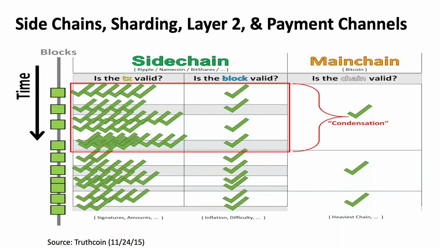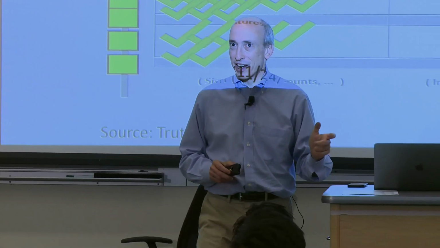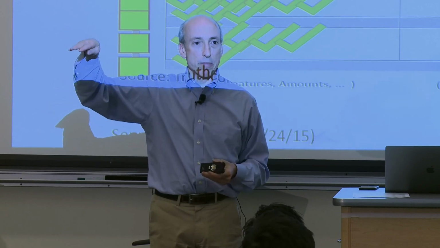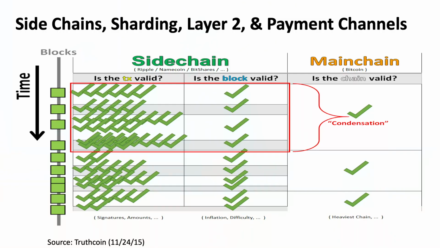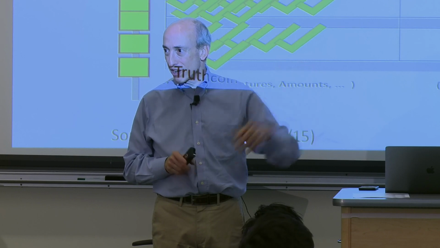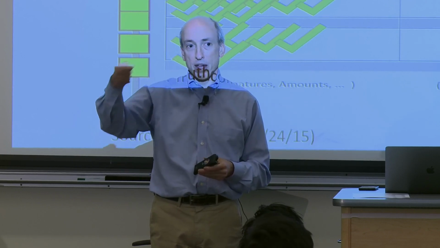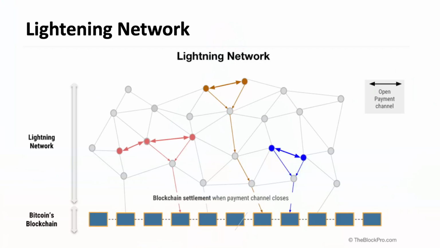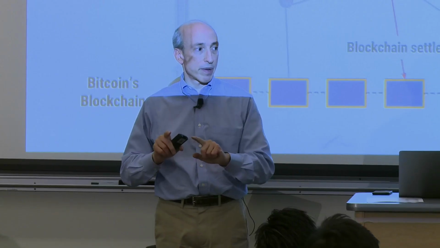I grabbed a chart from 2015. The details don't matter, but I used it because it was 3 years old. This was one person's, TruthCoin, one person's view of side chains. Basically what James says, lots of activity over here, and only a few things go over to the main chain. The visual is what I wanted to get across. Think of it as loads of activity over here, and then we only settle sometimes to the main chain. Another visualization of a different approach is the Lightning Network. Again, a lot of activity, then settle to the main chain.